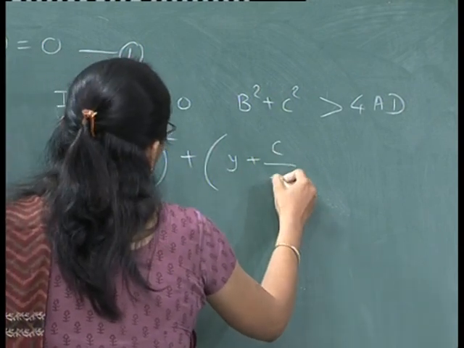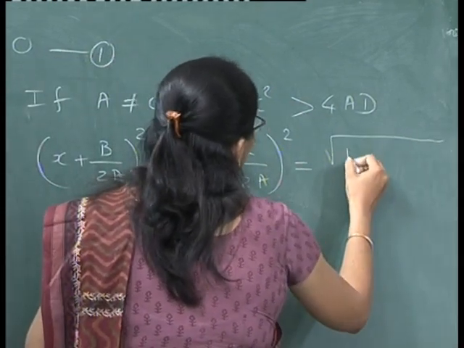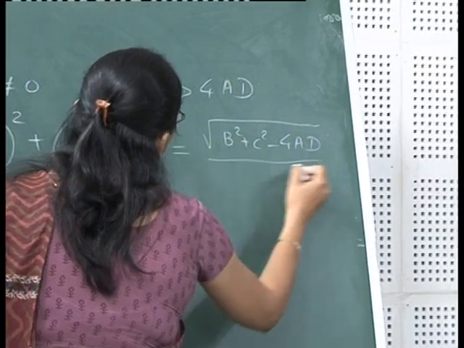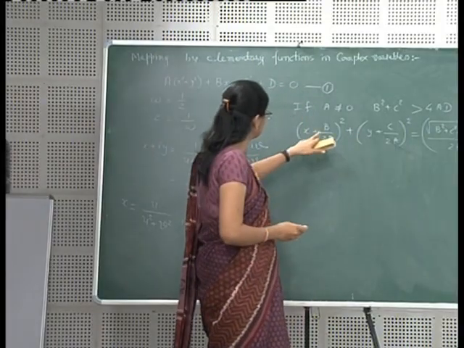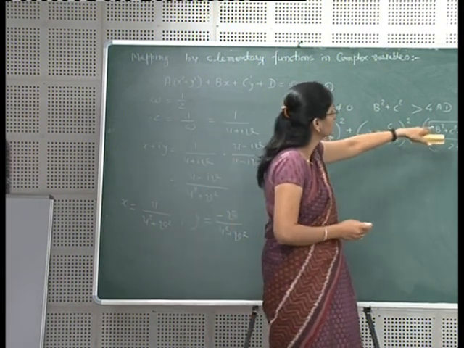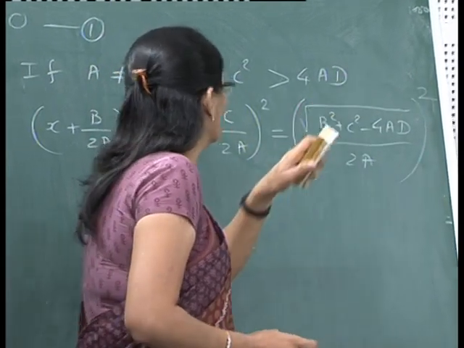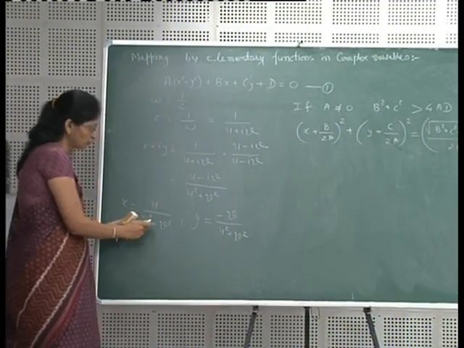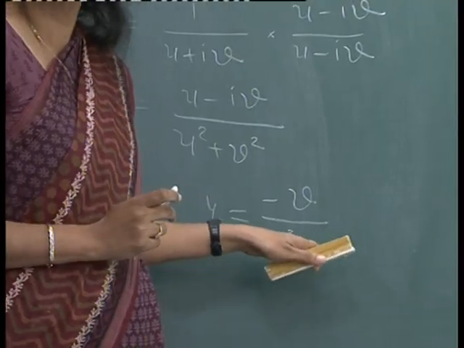Equal to under root b square plus c square minus 4AD upon 2A whole square. So which represents a circle with the center minus b upon 2A, minus c upon 2A and the radius under root b square plus c square minus 4AD upon 2A. This is the radius. So if A is non-zero, then now if we put x is equal to u upon u square plus v square and y is equal to minus v upon u square plus v square